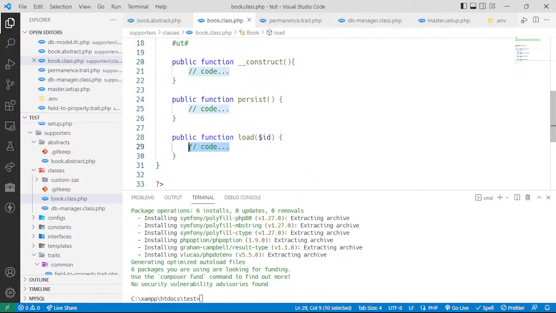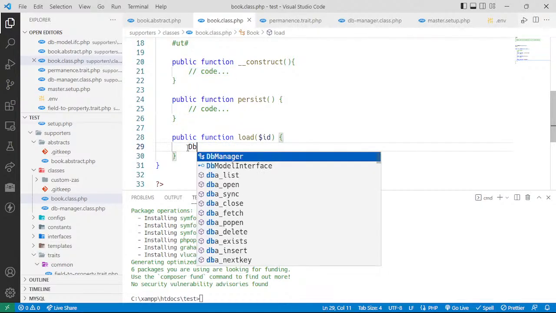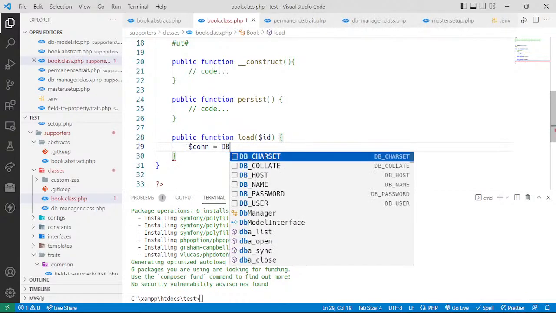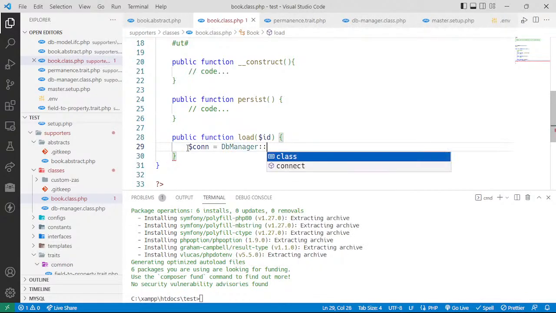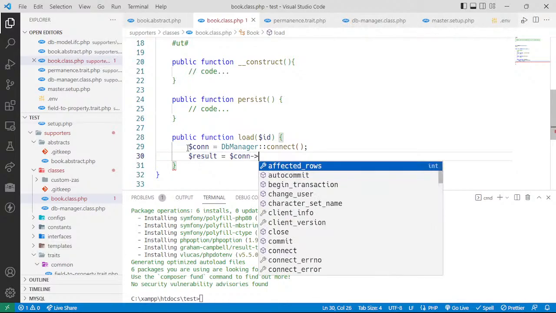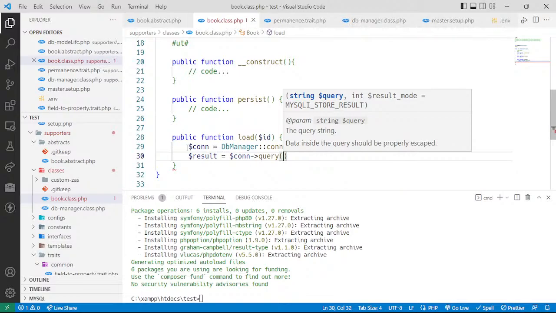Then come see something I'm going to do that's going to be cool, right? So here, when we are loading, we only need to connect to the database. So we say our connection first is db manager connect, and after you connect, give us that connection and make a query. So we will say result. What I'm thinking is, yeah, let's just use this one. It's simple. I'm trying to be as quick as I can to show you the main things. Result connection query,